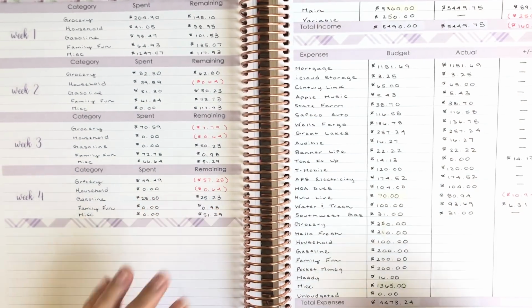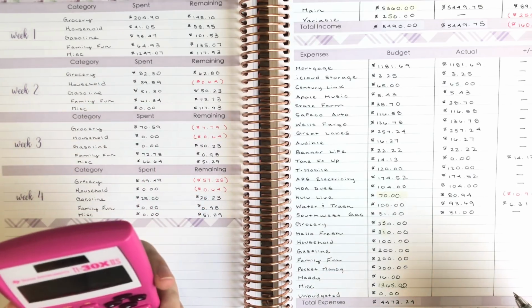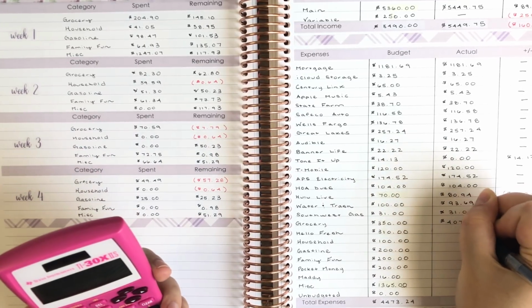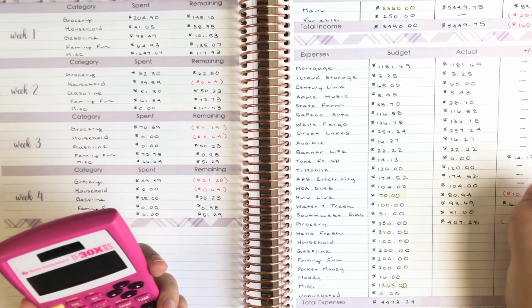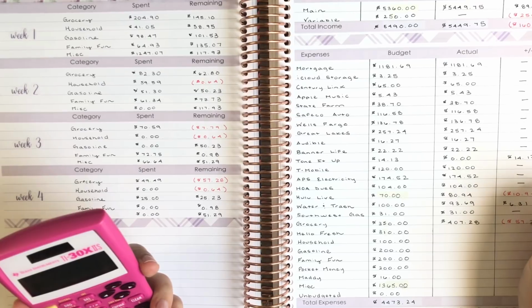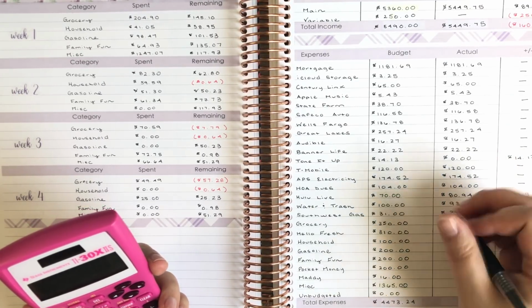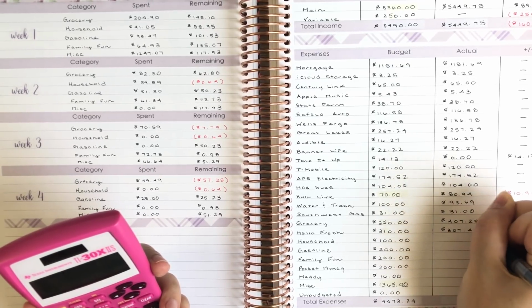So for grocery, we budgeted $350 and we were $57.28 over. So that means that we spent a total of $407.28. And we were over by $57.28. So there's that. And then HelloFresh, I added up the totals for that, and we were looking at $307.48,